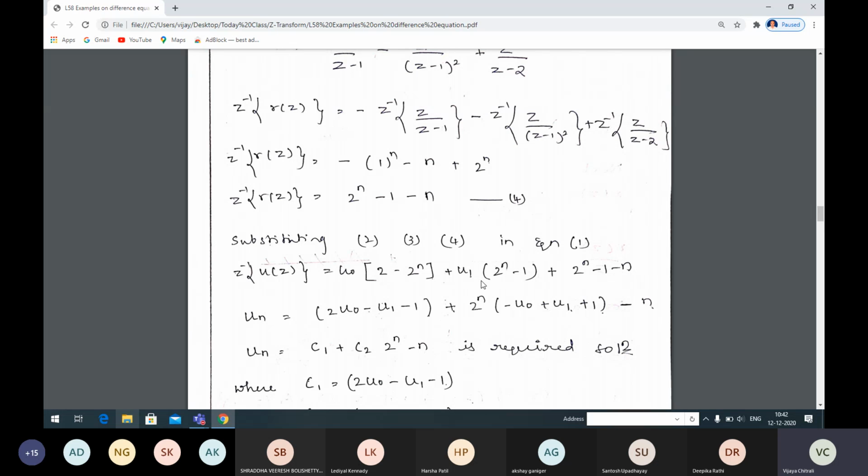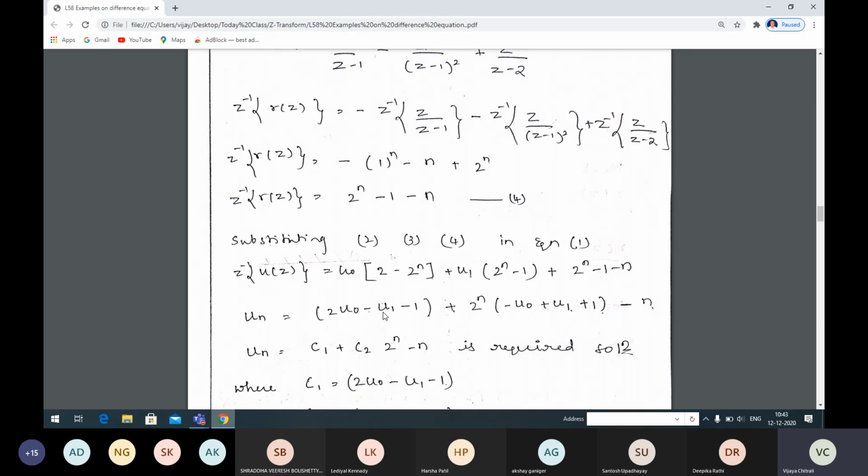So this will be the required solution. If you want further simplification, multiply u naught to this and u1 to this, and taking 2 raised to n as common, we can write this u_n as (2u_0 - u_1 - 1) + 2^n(-u_0 + u_1 + 1) - n,